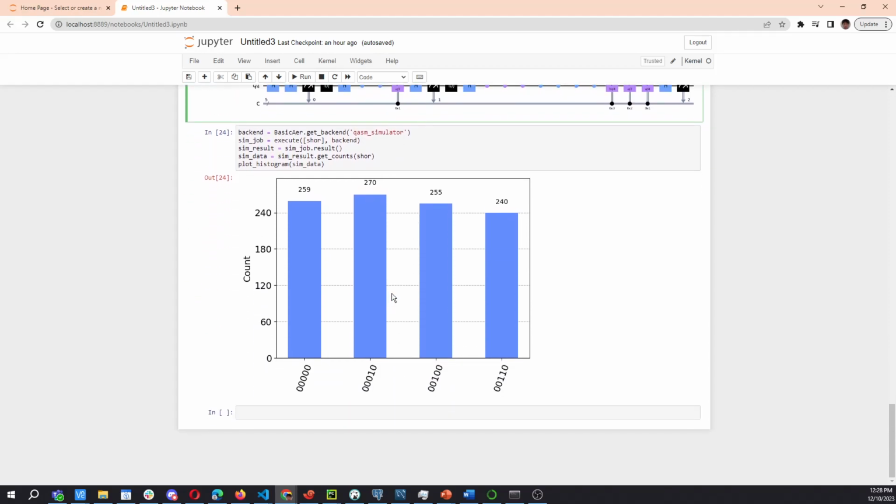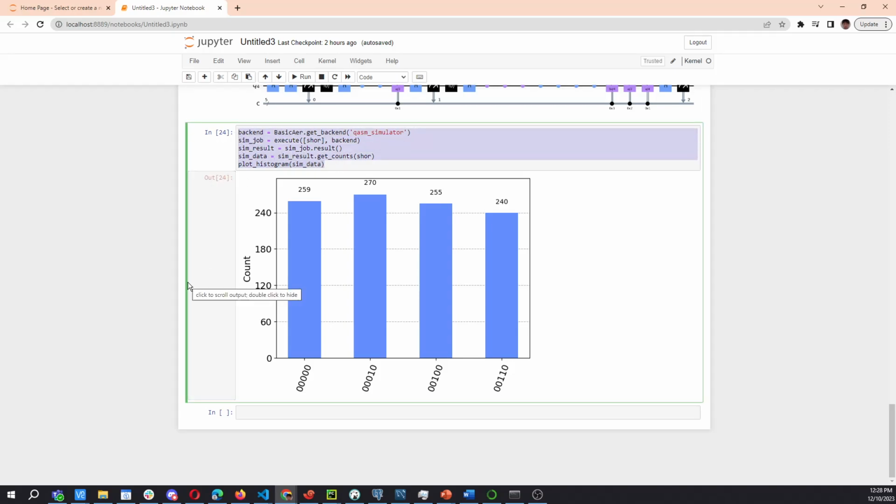And then now using this QASM simulator to get the number of results of these things with the plot histogram. So you can see the simulator result in here and the counts of the Shor's algorithm, and then you can see the data this way. So we can do the measurement like that. And then we note that there's period 4, and then there's the factor we can use